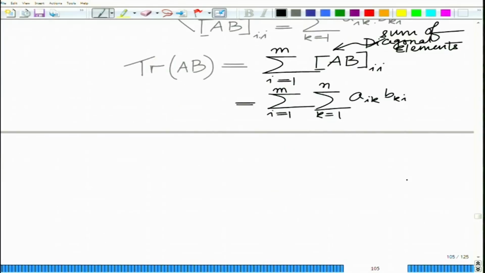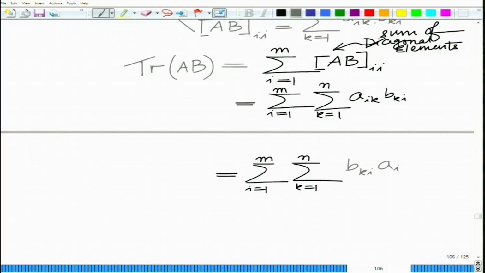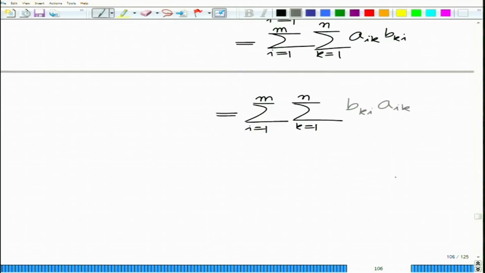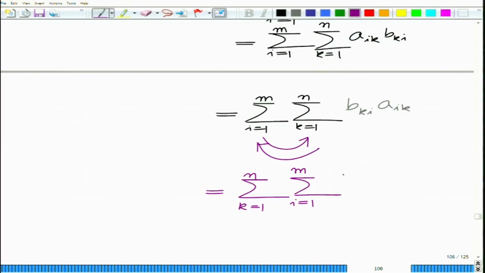bki. Now what I am going to do is write this product in a different way. So, i equals 1 to m, summation k equals 1 to n. Now I am going to first write bki, since aik bki is bki times aik. So, I am going to write bki aik. Now I am going to interchange the order of summation. That becomes k equal to 1 to n, summation i equals 1 to m. Now I have bki